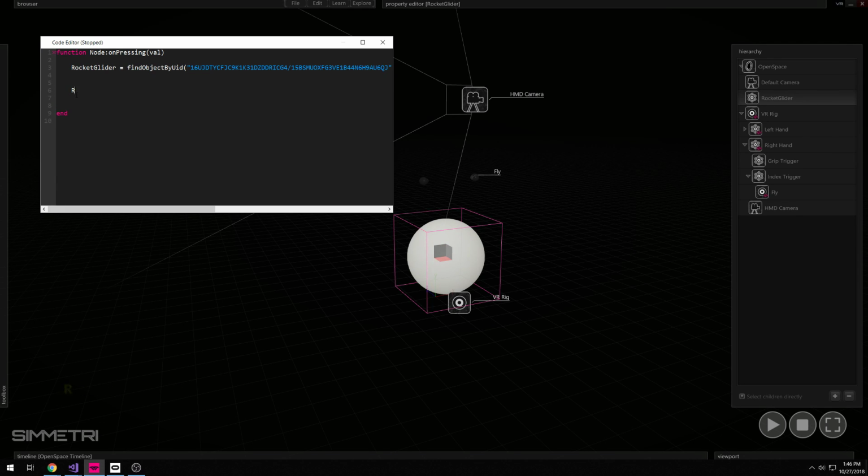So the way that this is going to work is rocket glider colon get rigid body, which returns the rigid body. So now we can run the function apply central impulse. And this needs a vector 3, and we're going to give it a very particular one. We're going to give it a vector 3 that is where I'm pointing, the world look at direction